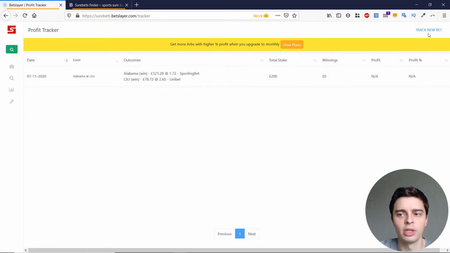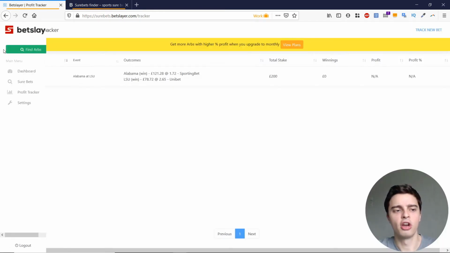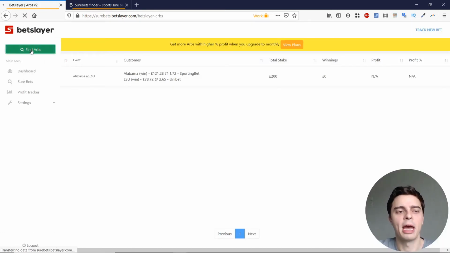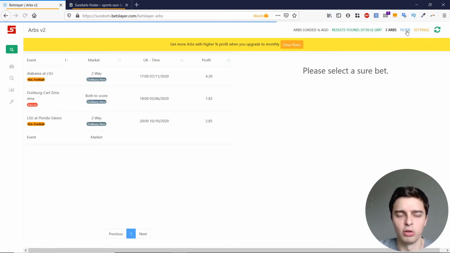Back at the profit tracker, there's also the ability to track your bets manually by clicking track new bet up here, and you can enter the details of any bet that you didn't previously track with the Betslayer profit tracker. Returning to the main ARBs page, we can access the filters by clicking on this blue filter button up here